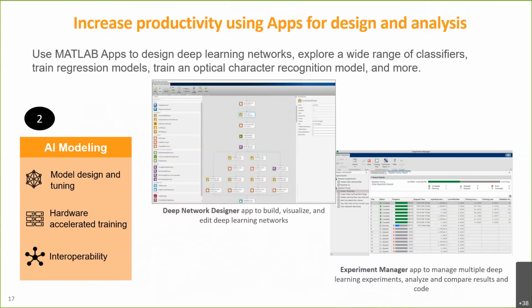In the latest release, there is a new app to manage experiments. As we know, AI is trial and error, so we need to do multiple experiments to find the best combination of hyperparameters or neural networks for your own applications. Here's a short overview video highlighting its capabilities, where you can